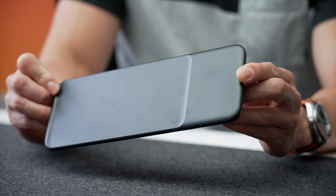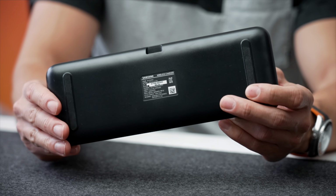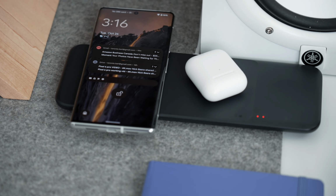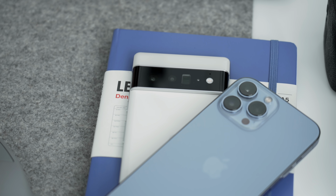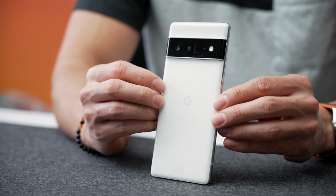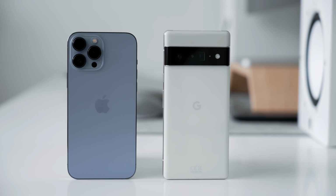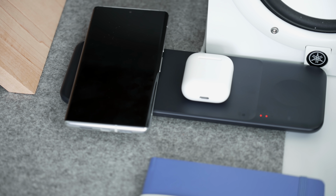And the only other thing that has a cable on my desk setup is actually a wireless charger. This is the 3-in-1 charger from Samsung. It's great because I can charge multiple devices, so I typically have my Apple and Android combo, both with that Pro name, so the 13 Pro Max as my daily, as well as the Pixel 6 Pro. I think probably two of the best camera smartphones that you can get. The last spot there is dedicated to my AirPods or any other pair of wireless headphones that I'm typically testing